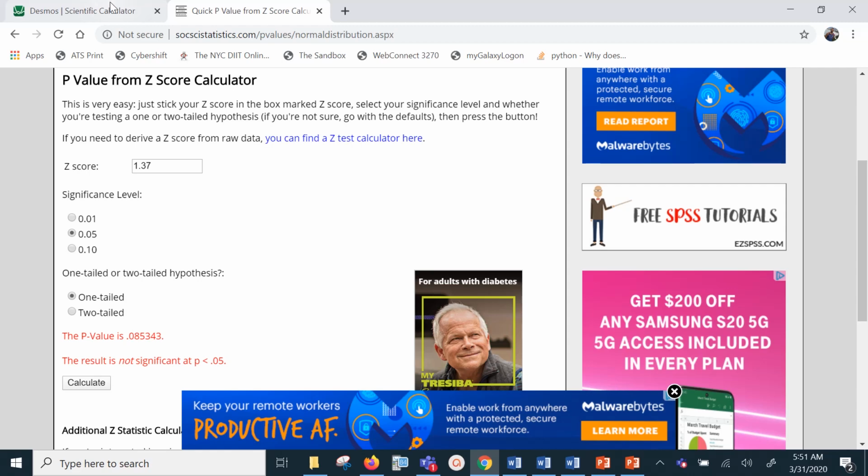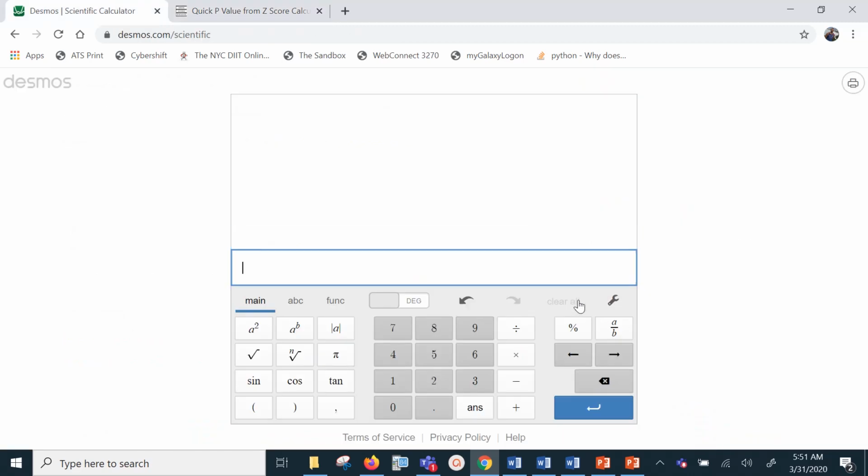I have, not this one, Desmos. Oh, and I got to click this. So Desmos, also linked in every activity that we do, is going to be the calculator you're going to use for this. And so you're going to make a fraction, and then we're going to make a fraction in a fraction, right? And oh, got a little too excited there. Delete my second fraction. So first, before that fraction, you're going to do square root and a fraction. So we're going to do the square root of, remember, the formula is,